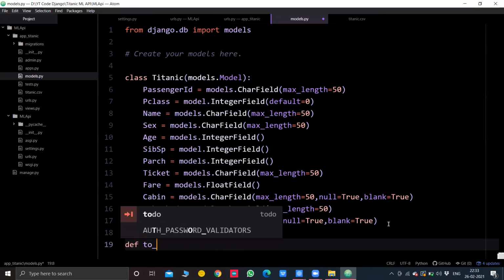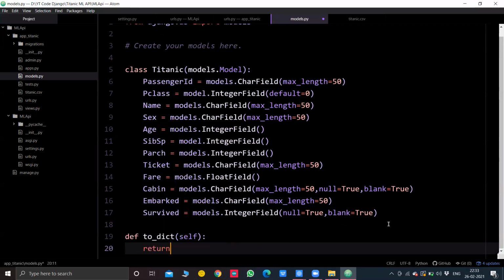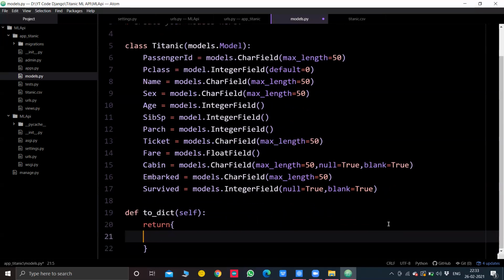So now I'll define a function, say to_dictionary, because we need to change the dataset to a dictionary first. And I'll mention self as an argument here. And inside this, all I will do is return a dictionary of values, and it will contain the same entries just in the dictionary format.